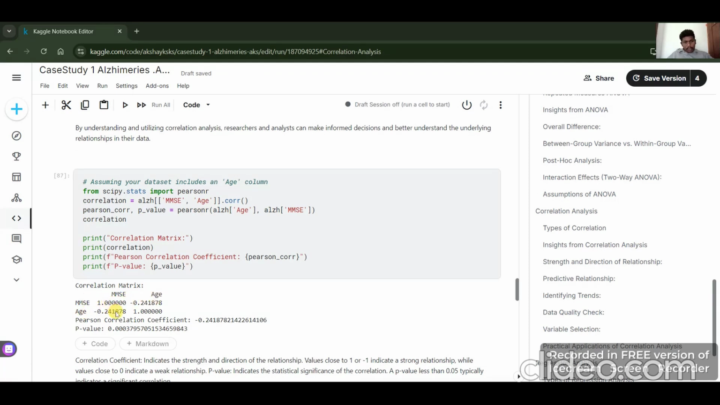MMSE is 1.000000 and age is 0.241878. The Pearson correlation coefficient is 0.2418, and we have a p-value of